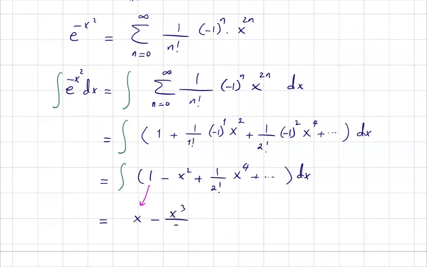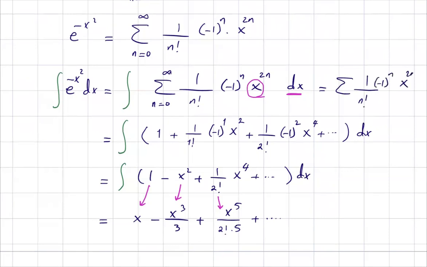minus x cubed divided by 3 plus x to the 5th divided by 2 factorial times 5 plus the rest of the terms. So what's happening here? You're just changing the exponent for our x because we have dx. There is no dn. So this can be written as the summation of 1 divided by n factorial, negative 1 to the power n, x to the power 2n plus 1 divided by 2n plus 1, starting from 0 to infinity. So that's how you approximate this